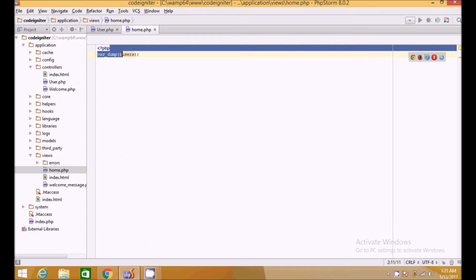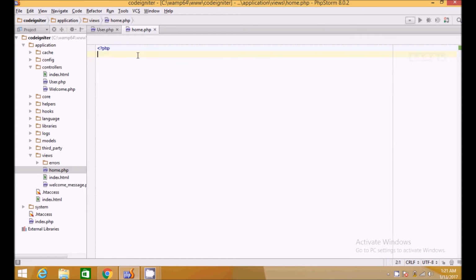So what if we want to use a foreach loop and print all the users we have in the array, user, and